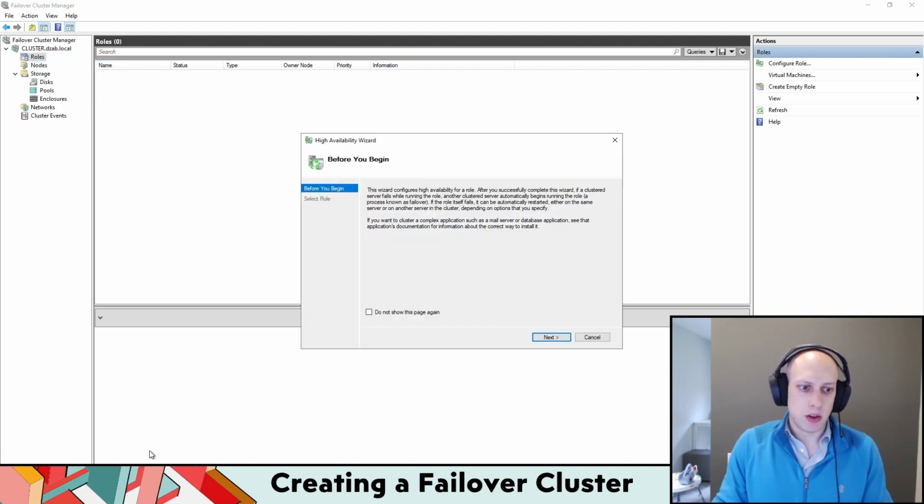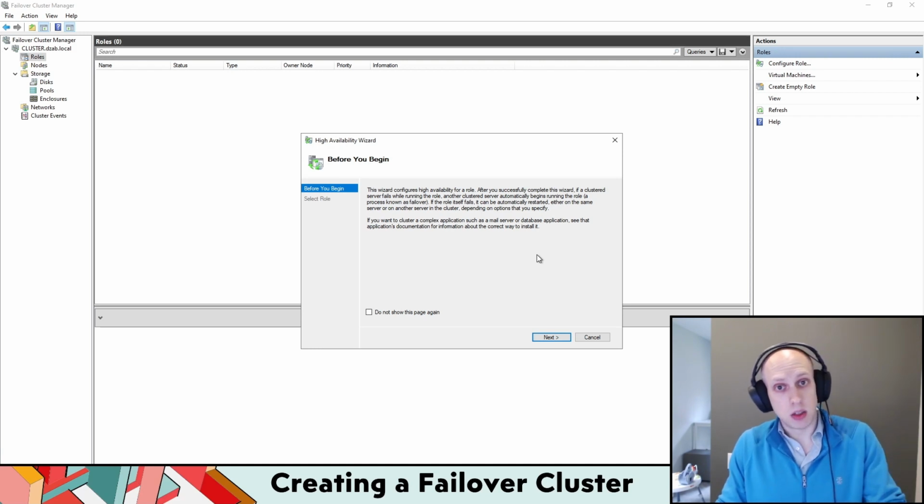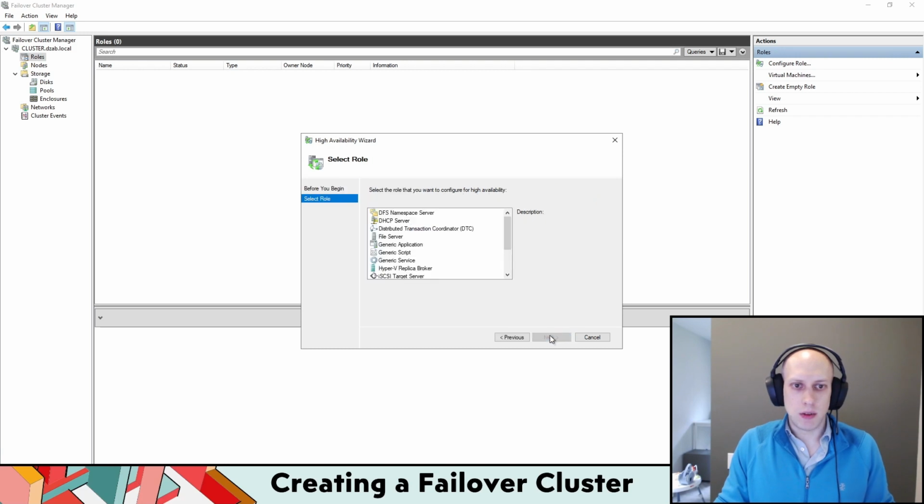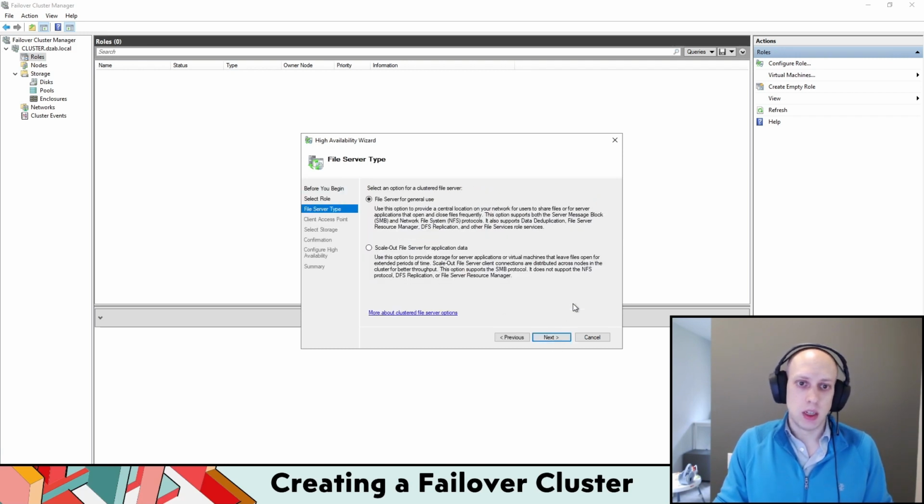This is why we needed those Active Directory permissions that we set up in the very beginning as a part of a prerequisite. Because when you create a role, it's not just installing the role on the server. Actually, the role needs to already be installed and available on the nodes. It's actually creating what's called, I think, a VNO, a virtual name object. Essentially, it's another computer object in the Active Directory domain that represents the role you've then installed. So when I create this, it's going to go and create a computer object in Active Directory to represent this. Now, all I have to do is hit next, click on the role itself, hit next,